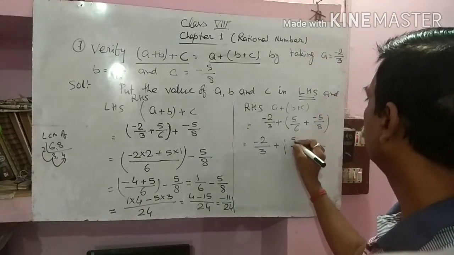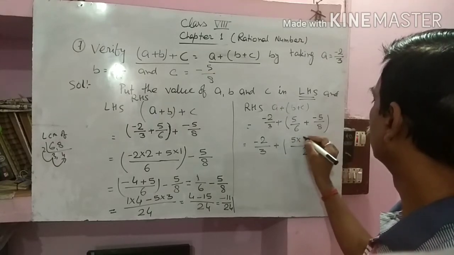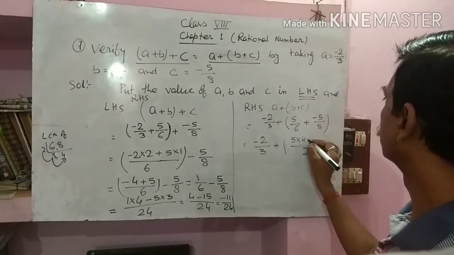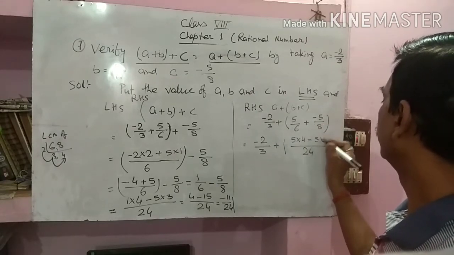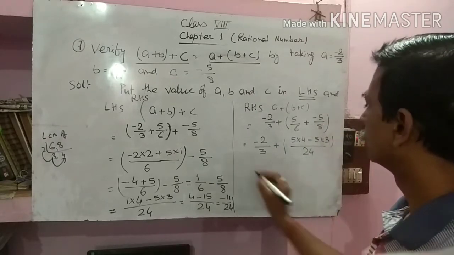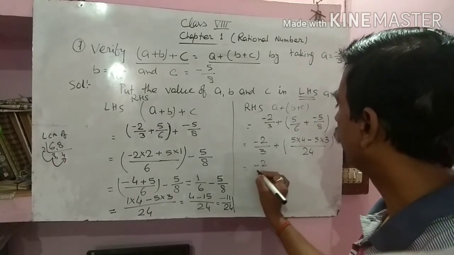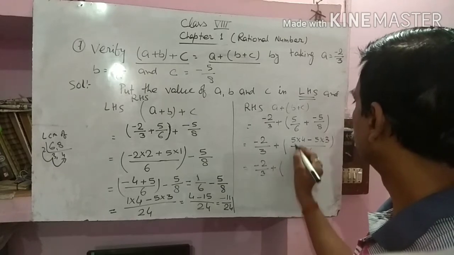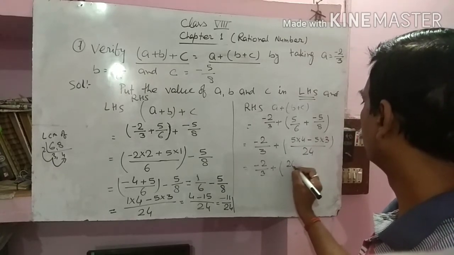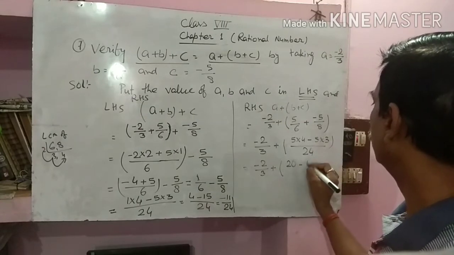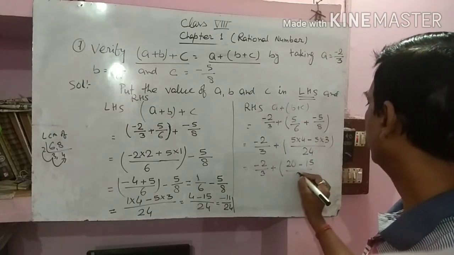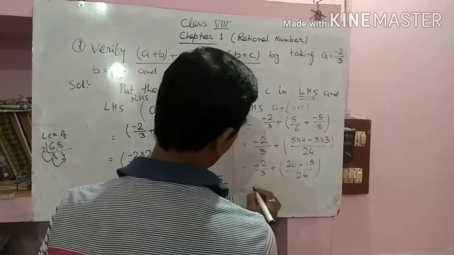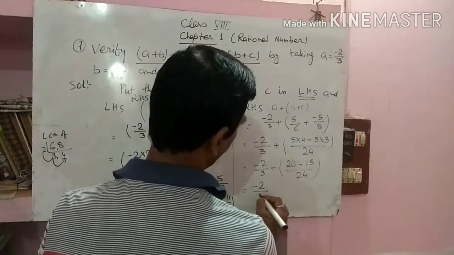That is 5 into 4, and this becomes minus 5 into 3. So minus 2 by 3 plus 20 minus 15 by 24. What happened here? Minus 2 by 3